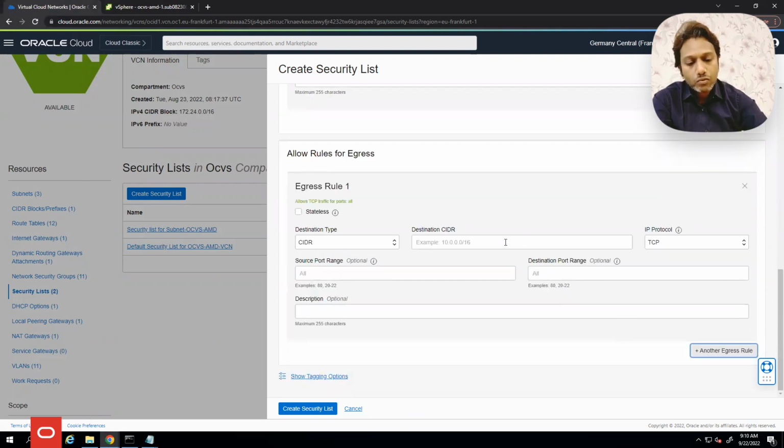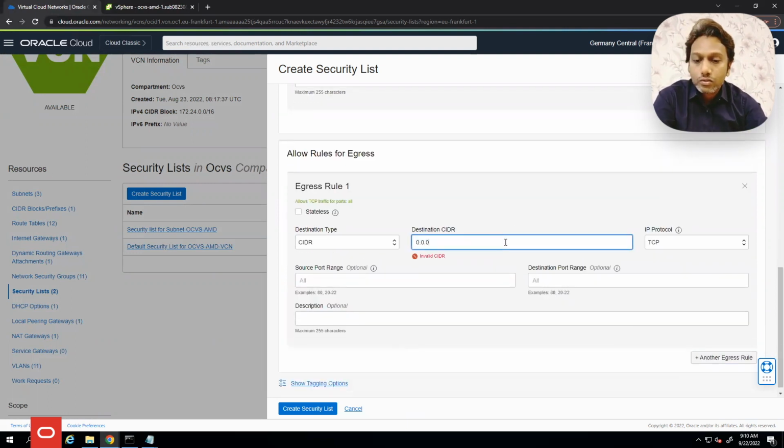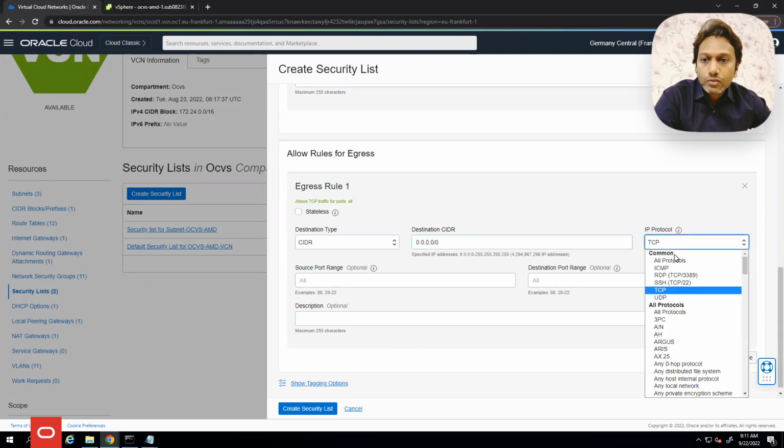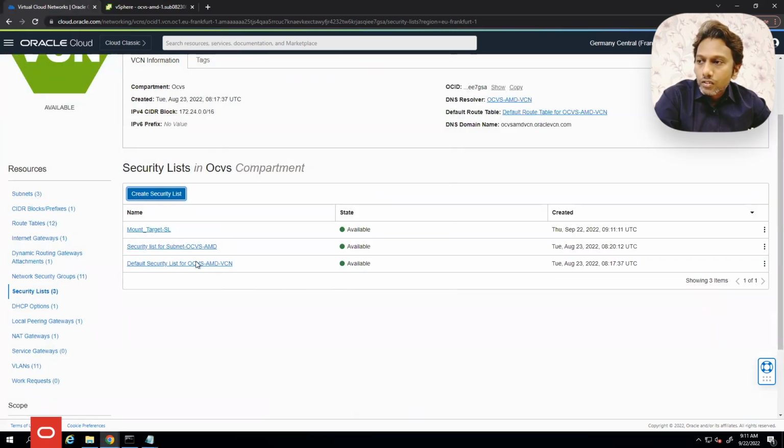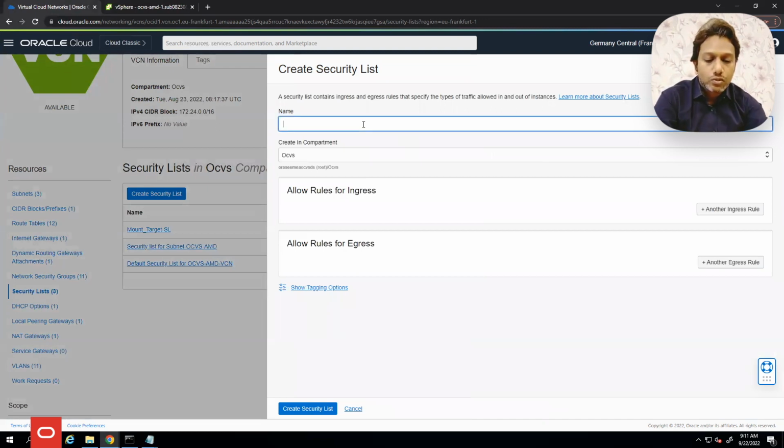For the purpose of this demo, I'll just use 0.0.0.0/0 as the destination CIDR, but you can specify an explicit CIDR range if you want to, and we'll use all protocols for all egress communications. Let's go ahead and create a security list for the ESXi host,